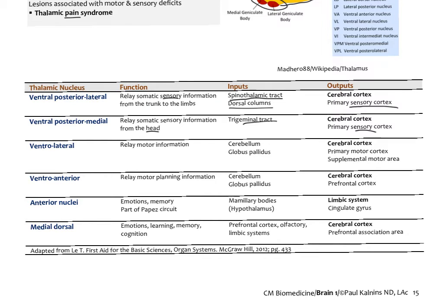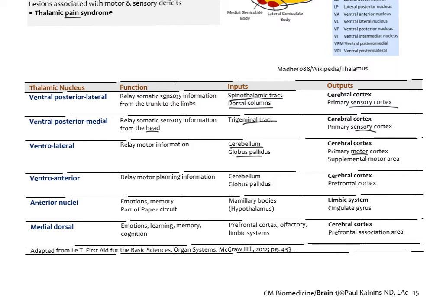So fibers going down from the motor cortex. The input is going to be from, in this case, the cerebellum and a place called the globus pallidus, and that's going to output to the cerebral cortex, the primary motor area, so it's going to help regulate that. And then we have the ventral anterior thalamic nuclei, again relaying motor information from the cerebellum and globus pallidus to the